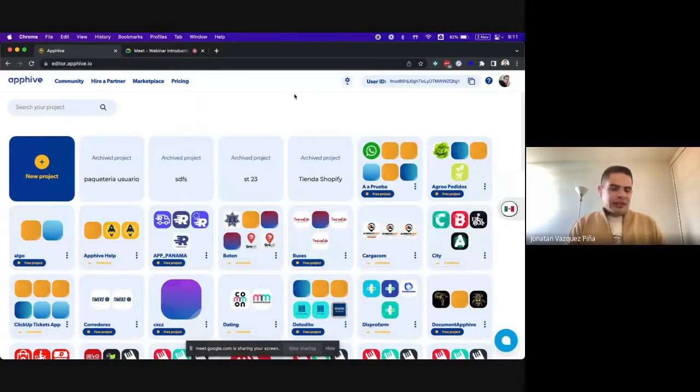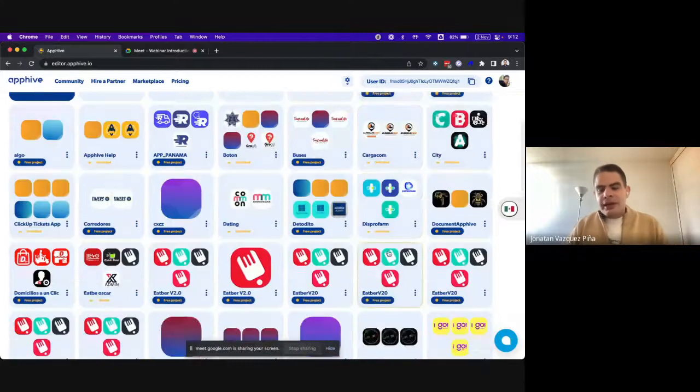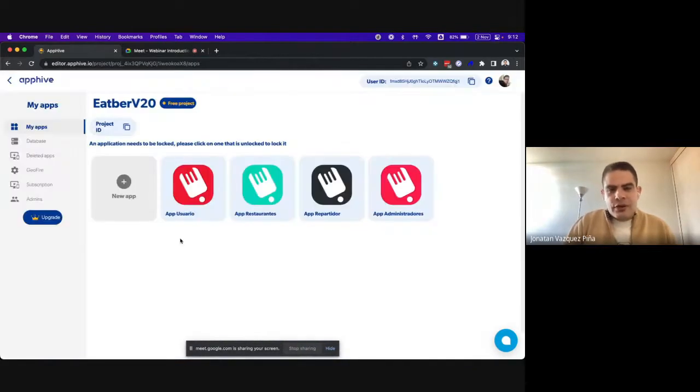Basically, let's explain the basics around this platform. The applications you create in Apphive are grouped by projects. So each project is a set of applications that share the same database and also communicate between them. For example, if you create an application for a delivery, most of the examples are for